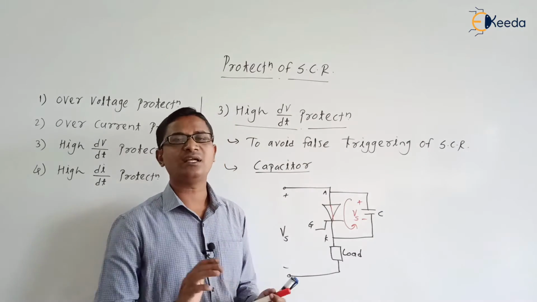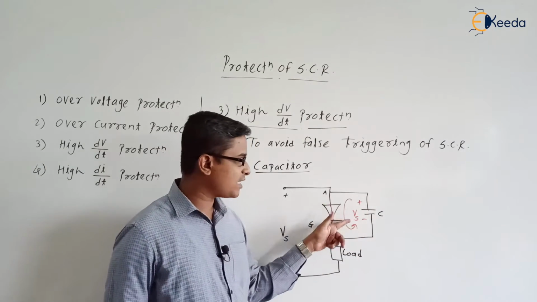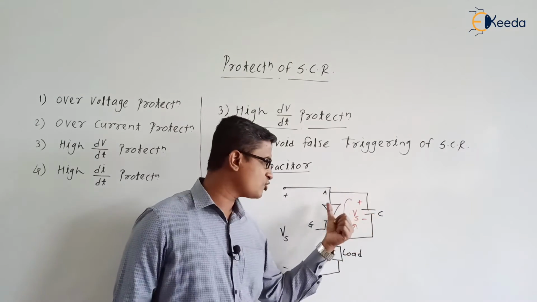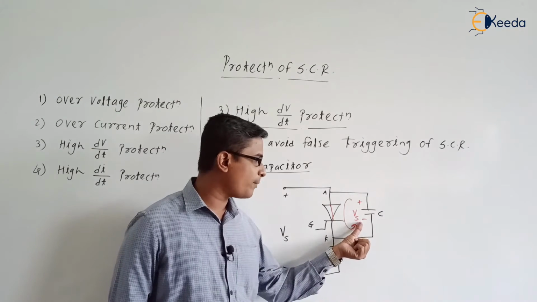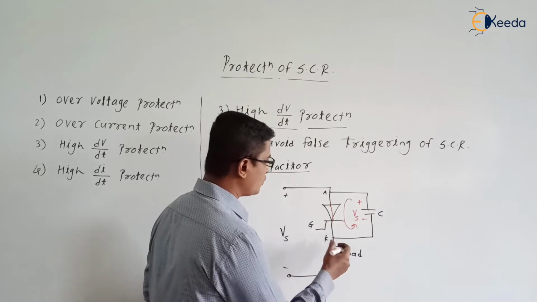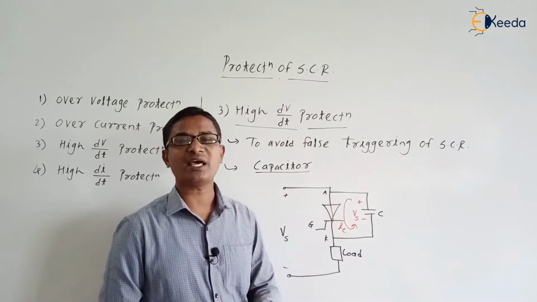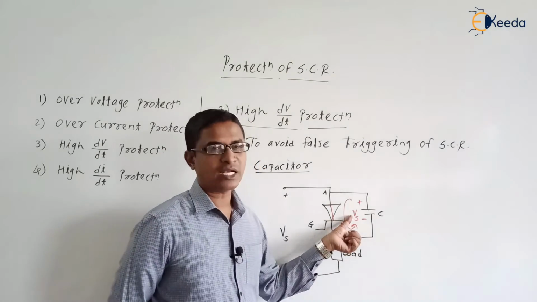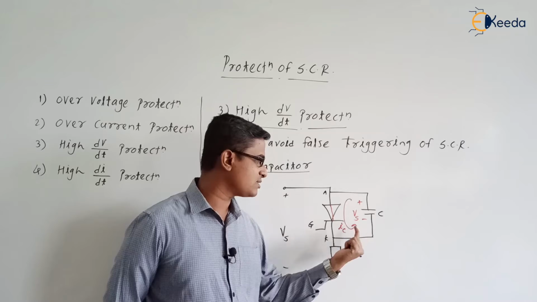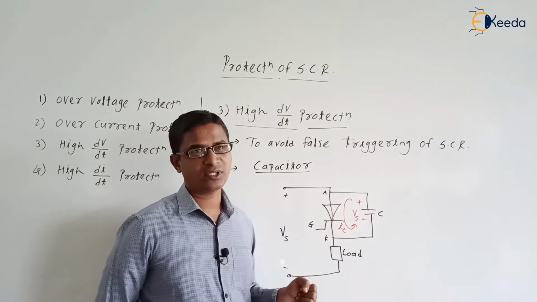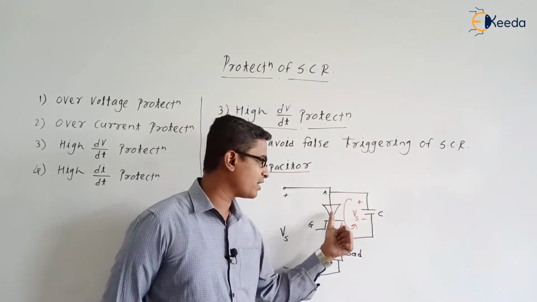When the capacitor discharges through the SCR, note that the capacitor has charged to the voltage of Vs volt. In this loop, is there any other element present to oppose the discharging current of the capacitor? No. So this is the discharging current of the capacitor, that is IC. What will be the magnitude of IC? IC will be equal to Vs, the voltage, divided by the very small resistance of the SCR. Therefore a very high current will be flowing through the loop.